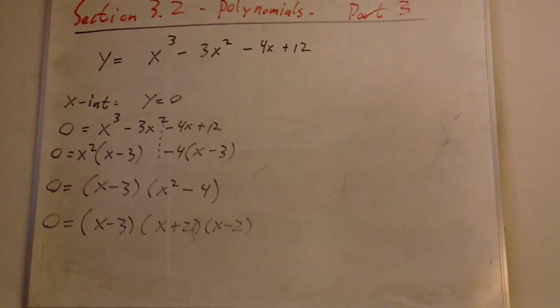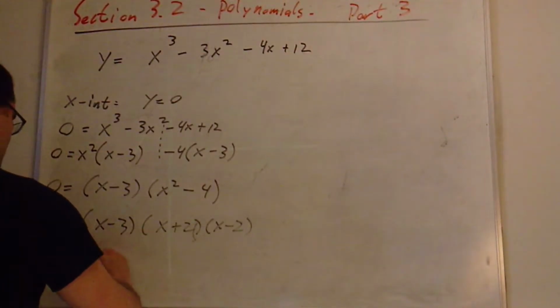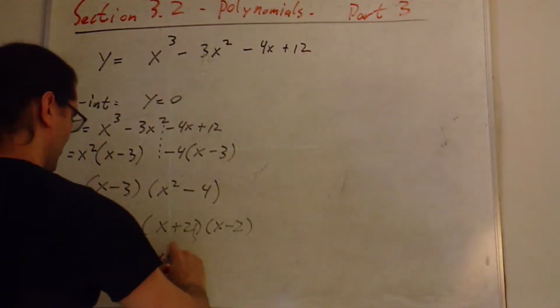So I have 3 factors. Each factor should give me a solution. My solutions here are x equals 3, x equals negative 2,